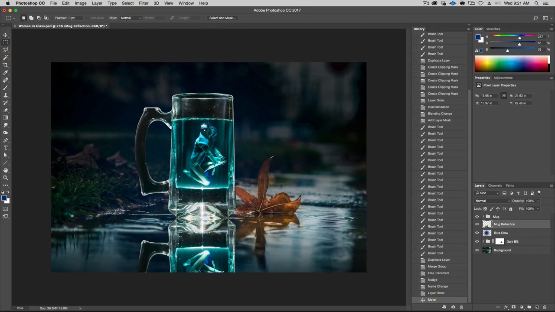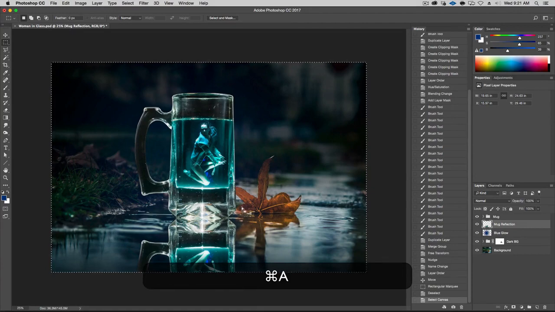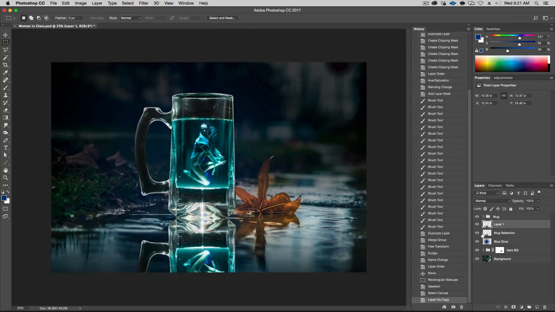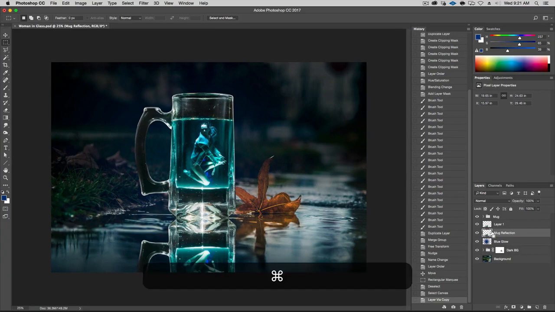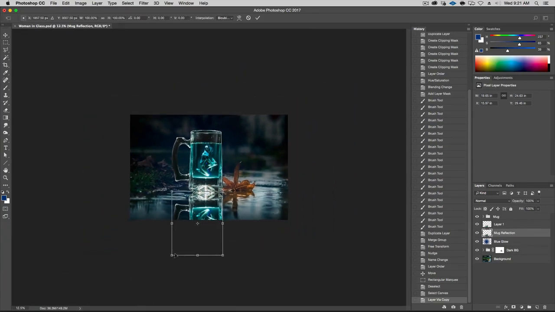So take the marquee tool and make a selection till right here. Well, actually, first, before we do this, select all, okay, and then Command J, so layer, new layer via copy. So what that did was, in this mug reflection, if I do Command T, and I'll zoom out, notice that it has the entire cup.